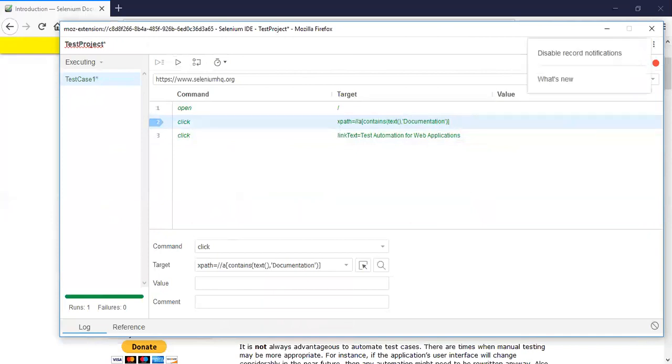And the other disable is to disable the record notifications. You would have seen there was some notification coming at the right hand corner over here. You will not see that when you click on disable record notifications. If you do want to see that notification, you can go ahead and click on this icon. That is all about it